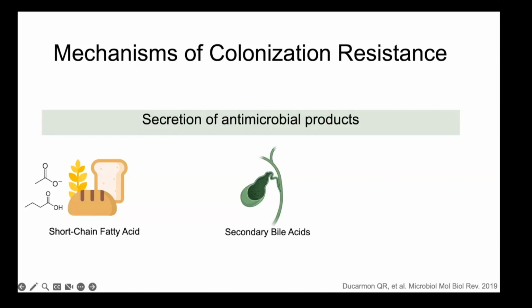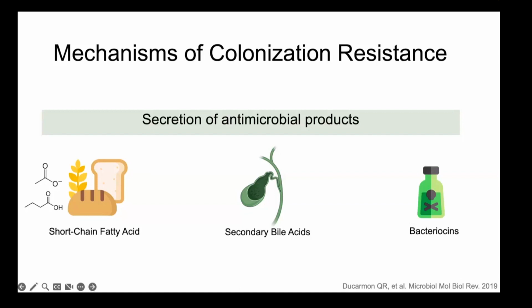So bile acids in general are produced by the liver. They're then excreted into the intestinal tract to aid in the digestion of dietary lipids. When they reach the intestine, they're then deconjugated and converted into secondary bile acids by anaerobic taxa. These secondary bile acids are bactericidal to many bacteria, including some important pathogens such as Staphylococcus aureus, some Bacteroides species, C. diff, and Bifidobacteria and Lactobacilli. And they cause membrane disruption and subsequent leakage of cellular content.